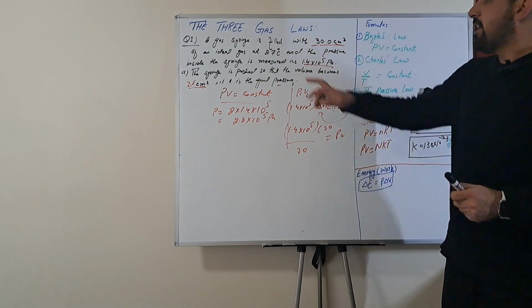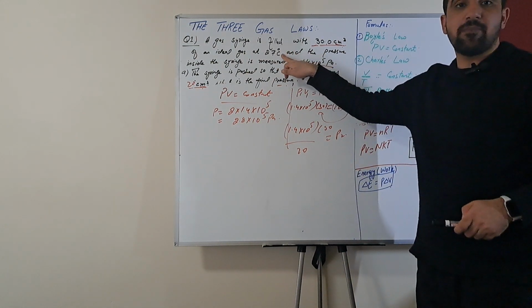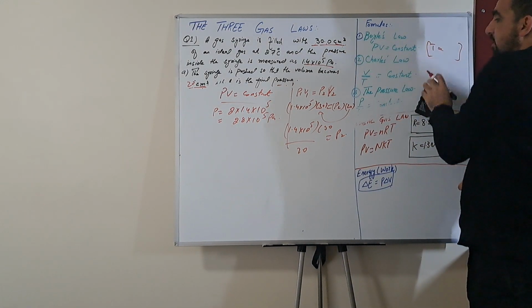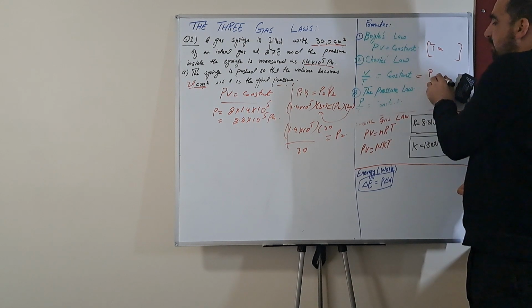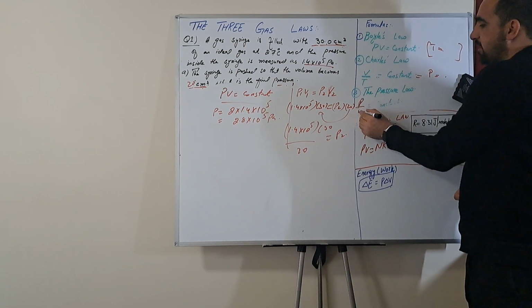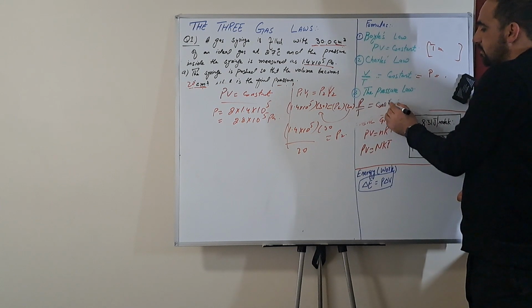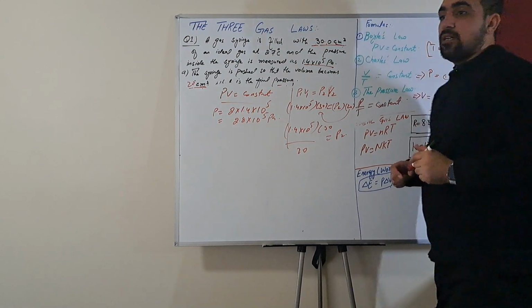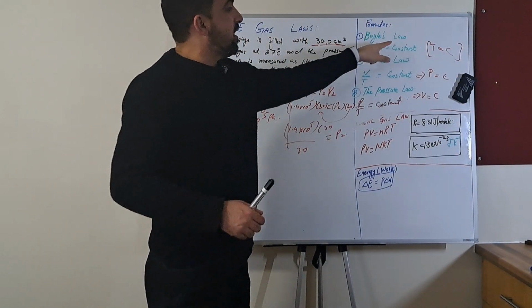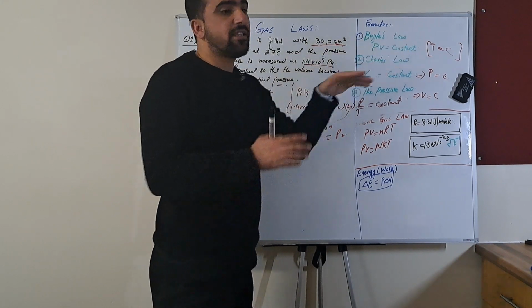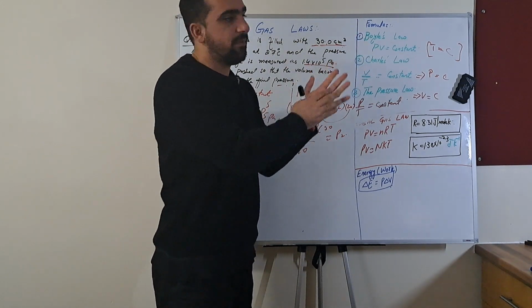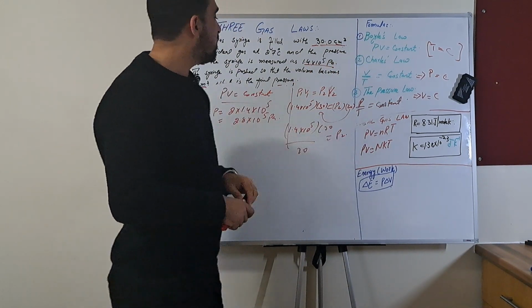But keep in mind that we should have a constant temperature for this. For this, pressure should be constant. And for P by T is equal to constant, volume should be constant. So if you are finding a relationship between two values, the third variable should always be constant, because if the third variable is changing, then it will be different. For all these variables we have the ideal gas law.